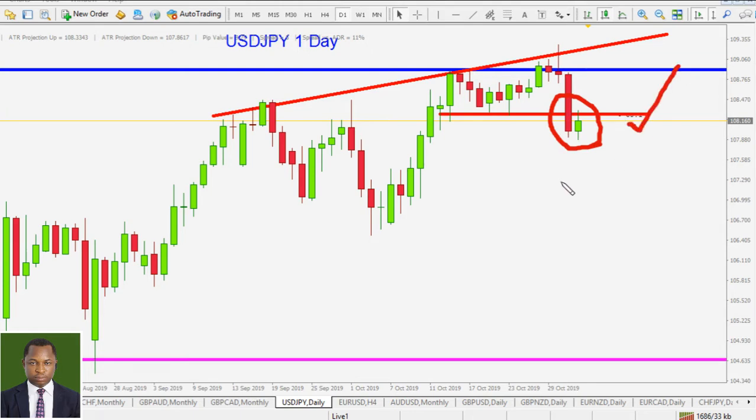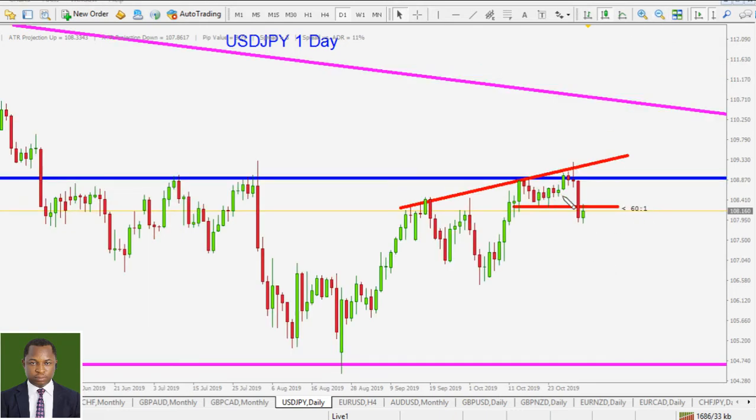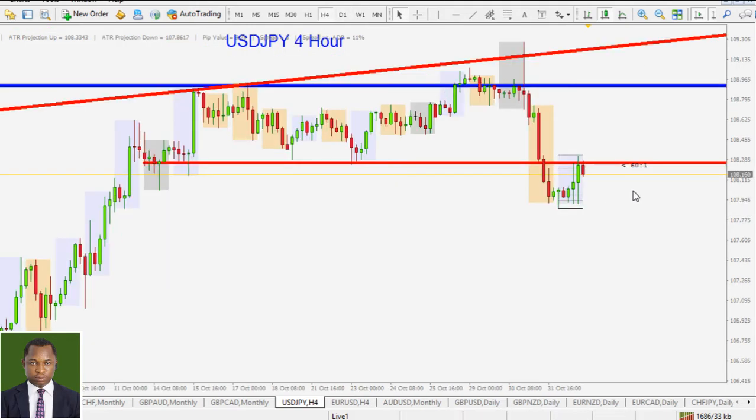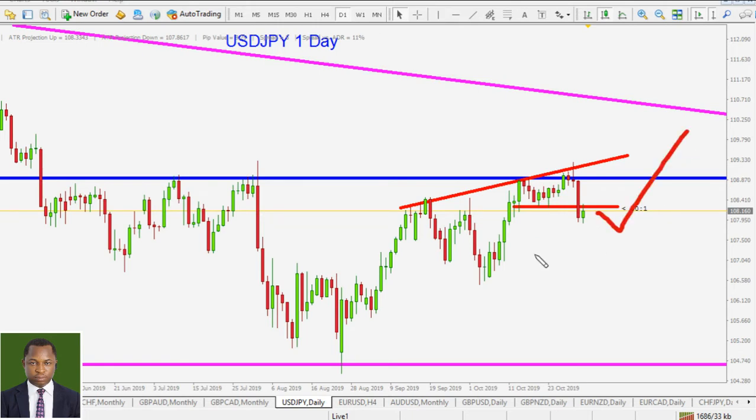We'll look into that and see how we can take the trade for a possible continuation move of this momentum bar that you are seeing there. All right, so let's keep this. If you are going short, we are doing so at an optimal area of resistance that price is likely going to move to the downside. 4 hours time frame, well, it is obvious that level is support. All of this is the congestion price action that we are seeing in the daily time frame. So if price makes the decision to keep pushing, then we are likely going to see some nice pushes to the downside. So keep this. Our terms of reference is in the daily time frame.